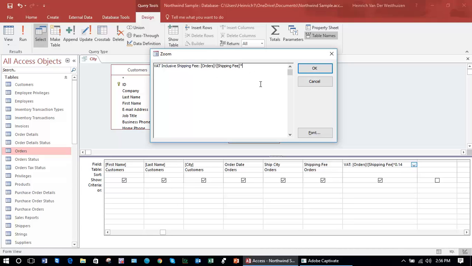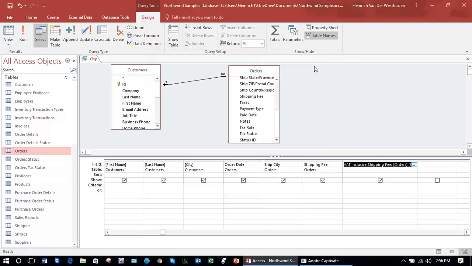If I want to create a single field that gives me one value for the VAT inclusive shipping fee, you would agree with me that I would now have to multiply the shipping fee by 1.14. If I click OK and I press enter